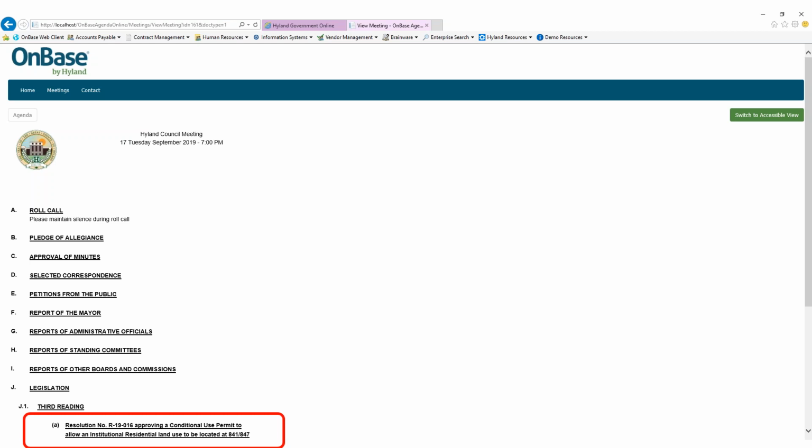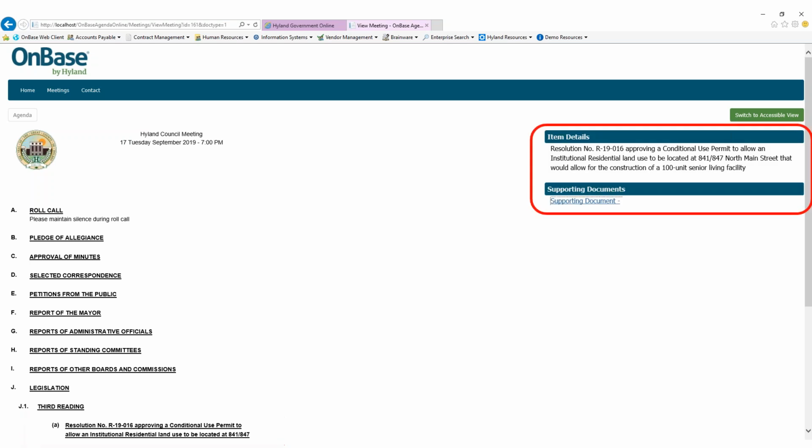So if we come down here and open up that resolution that we routed through the process, that brings up the item details in the upper right-hand corner. Our supporting documents are all available. So for somebody to take a look at that cover sheet now, they just click on that supporting document link